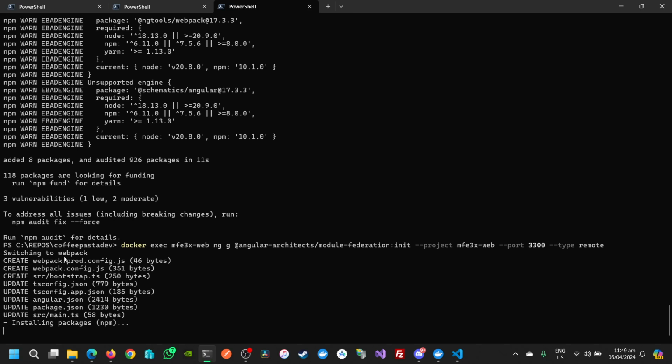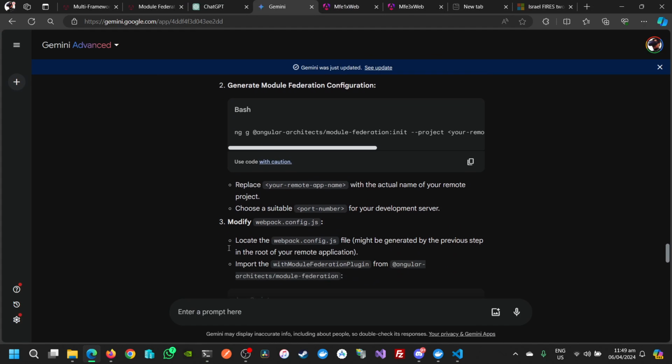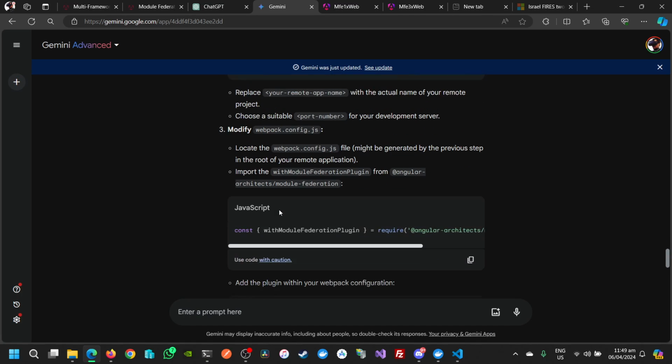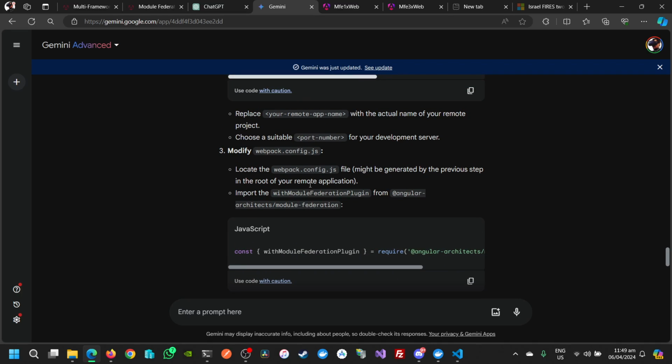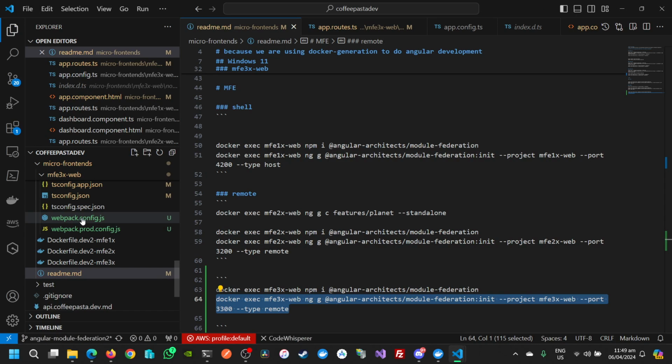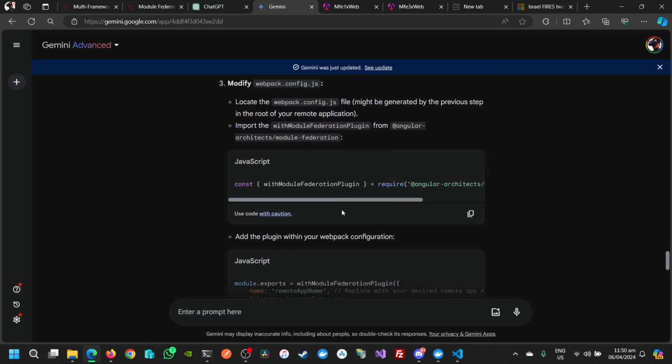Alright, and so that's it. Let's go back to Gemini, modify webpack config. So locate the webpack.config.js. So this is the webpack.config.js. Might be generated by the previous step in the root of your remote application. Yeah, this was